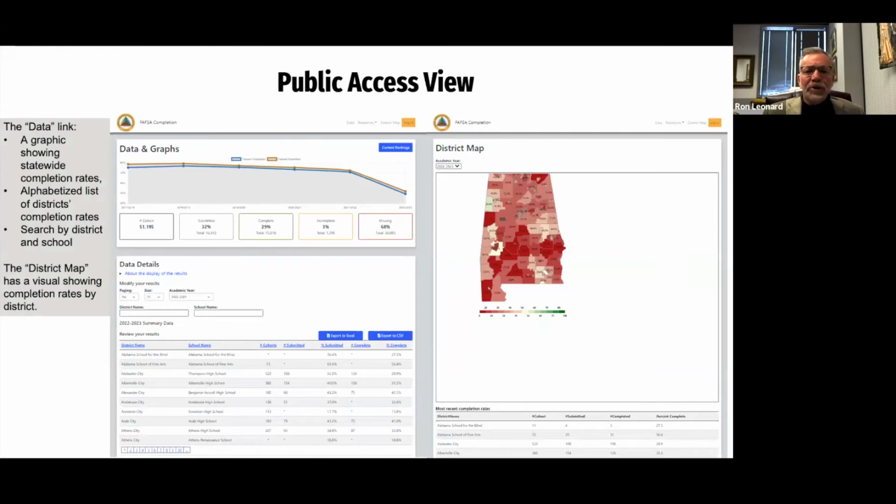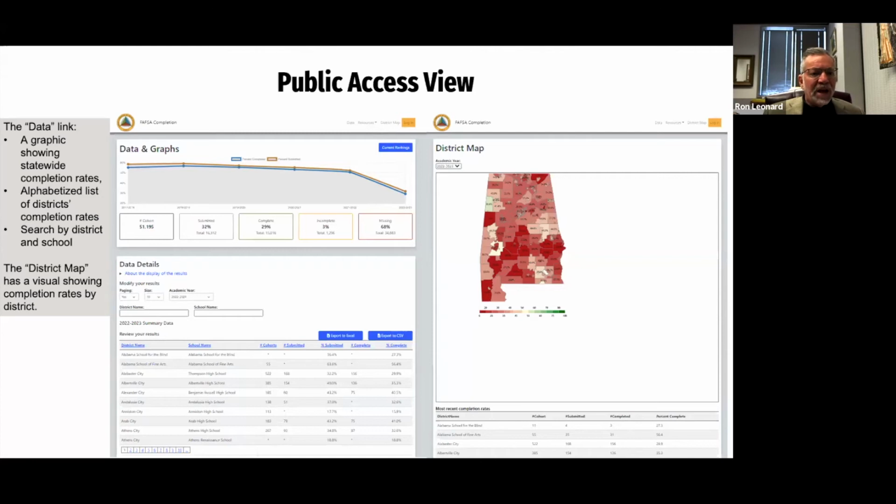All right, I'm going to show you just a few slides that have information available to everyone. Now, if you go to the public access view, that is, if you go to the home page, there is a link, data. And if you select that data link, you can get nice visuals as well as results per district.